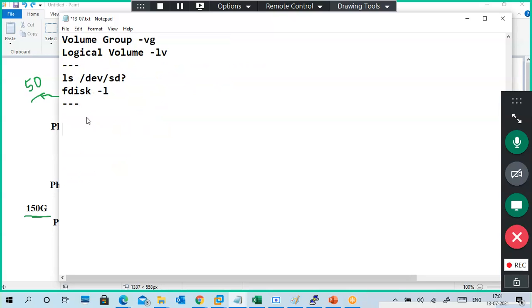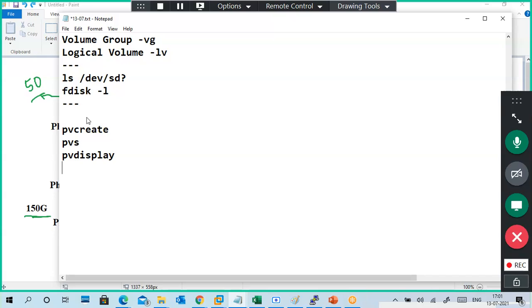Here, first of all, each disk you have to tell it is a physical volume. PV create disk name. To create a physical volume, PV create disk name. If you want to see what physical volumes are available, PVS, PV display. These are two commands to see.